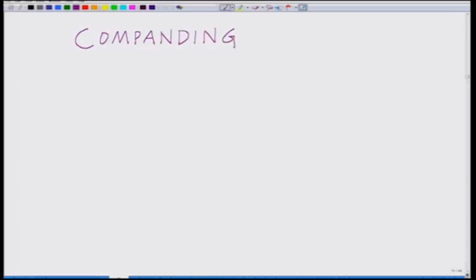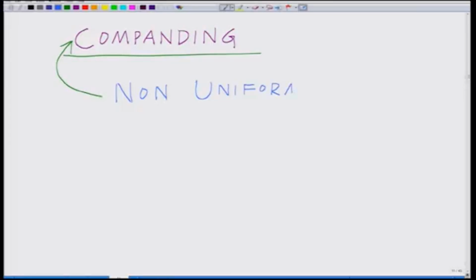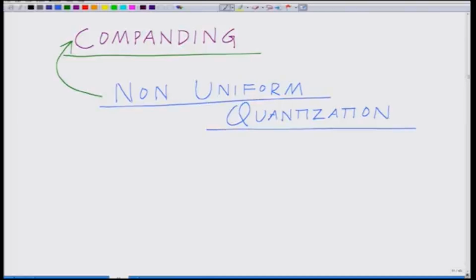Companding is used for non-uniform quantization. And what is the point of companding? The point of companding is that